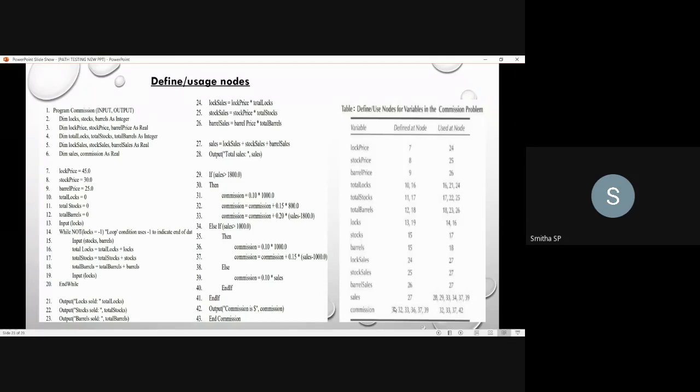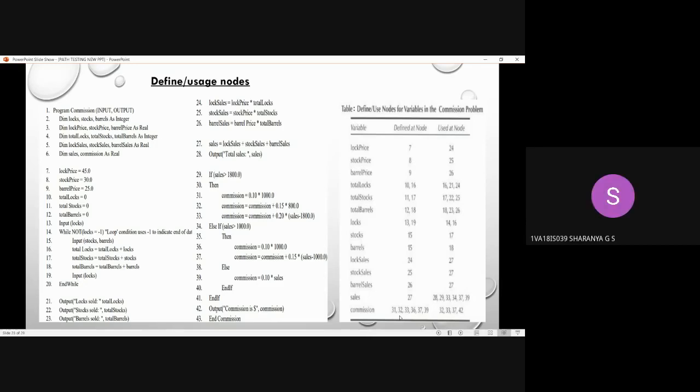Just tell me how you will be using it. Whatever the defined nodes are there, 31, 32, 33, then 36, 37, and 39 are the defined nodes, right? So now wherever you have used it, yes, wherever you have used it.